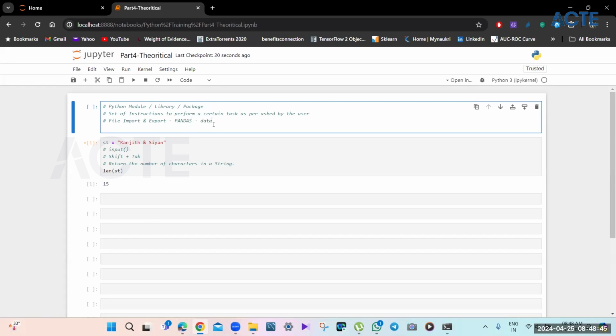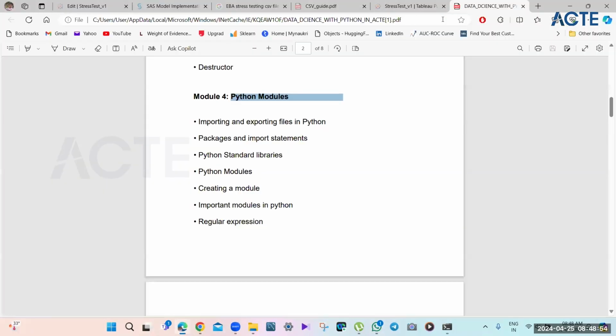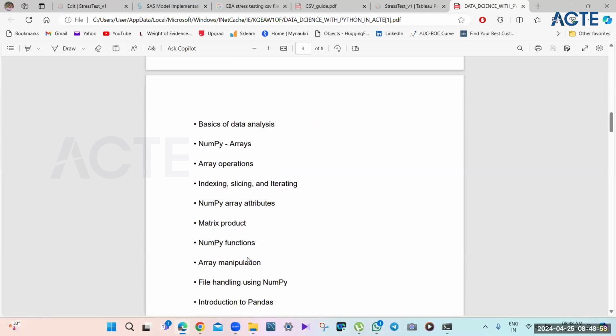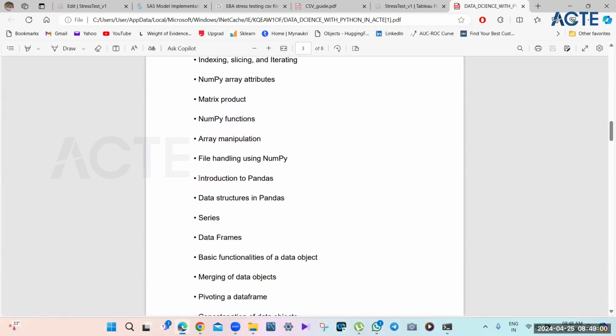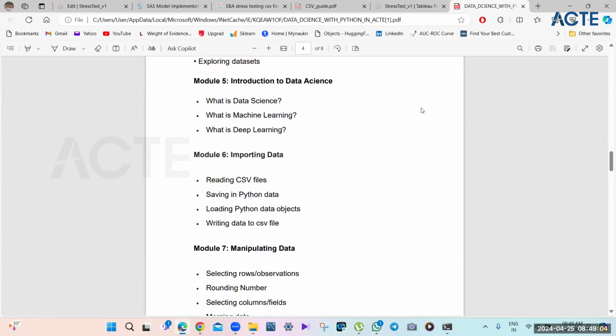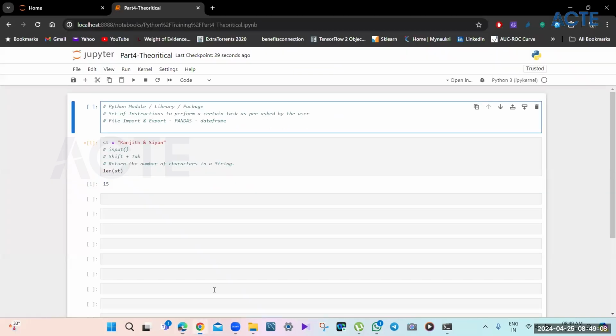We will talk in detail about these things later in the course, where we have an introduction to pandas and data structures. But for now, for these two days, just understand theoretically what these are.